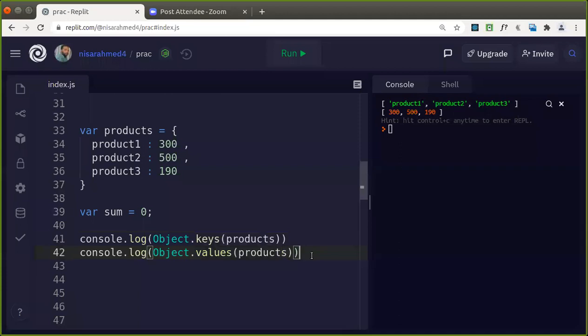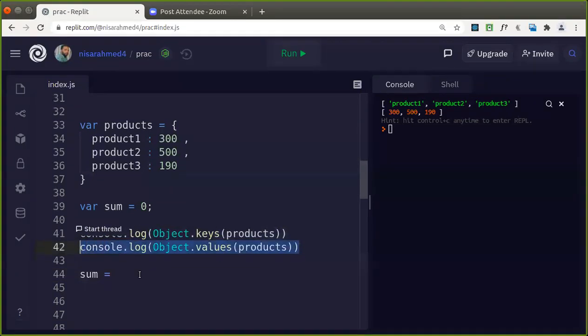If you want to find the sum, you can do it now. Sum is equals to, it's an object, so you can use this to find the sum. It's an array, so it will give you the list of values.